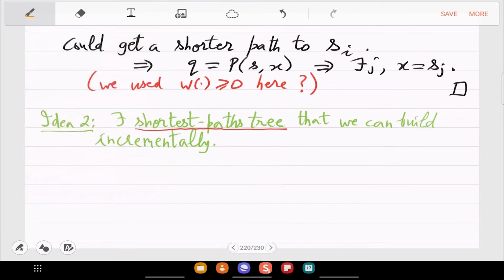Just like in BFS and DFS, it helps to understand the algorithm when thinking in terms of a tree. Here also we'll think of the shortest paths tree, which is based on that lemma.